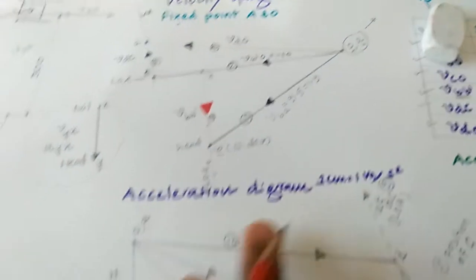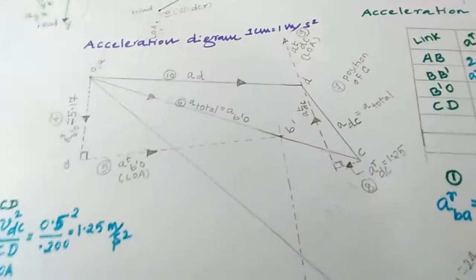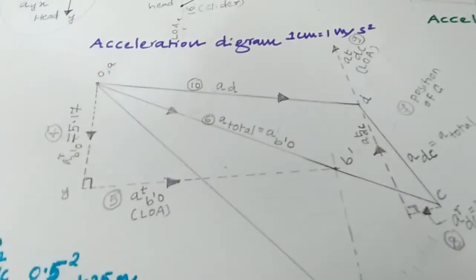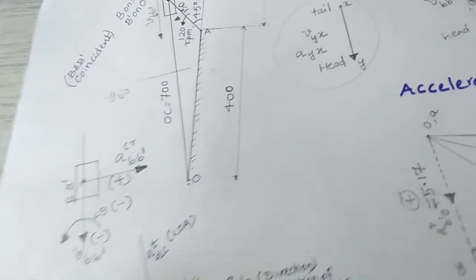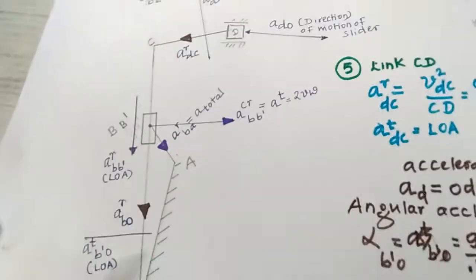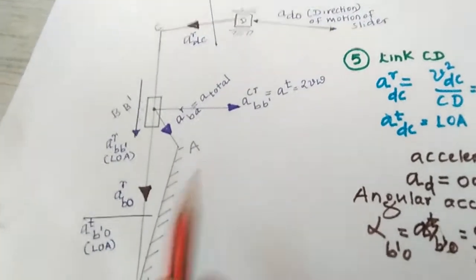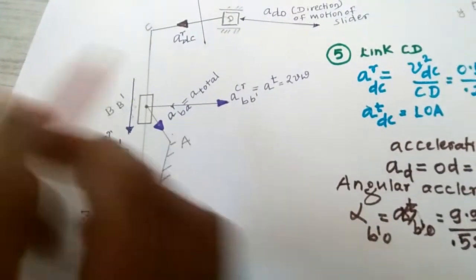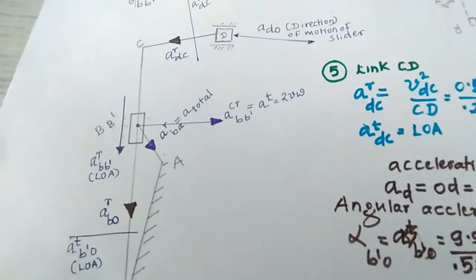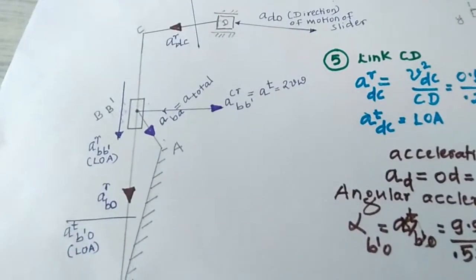Then I will come to the acceleration diagram. In the acceleration diagram also, here I have drawn this one. I have taken one more space diagram to explain the things. Here also the same diagram is there. In that case I will draw the acceleration components. Look at this one.